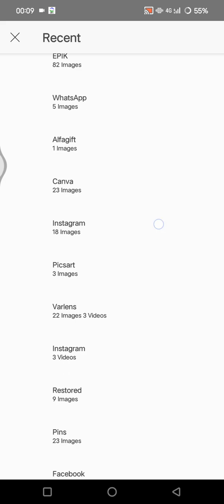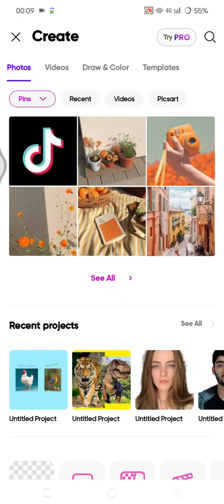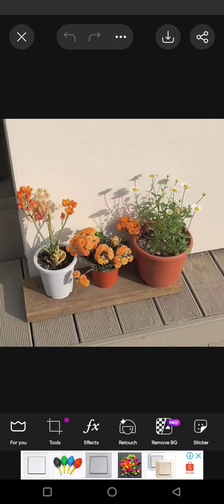Okay, let's say I want to edit this photo right here. You can just click on a photo, and once the photo is open, you can just tap on the crop tool. Under the tools in here, find crop,